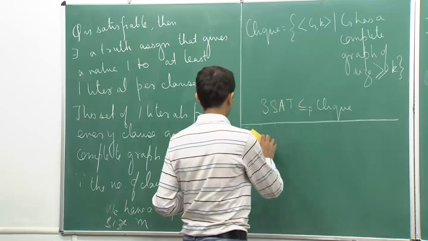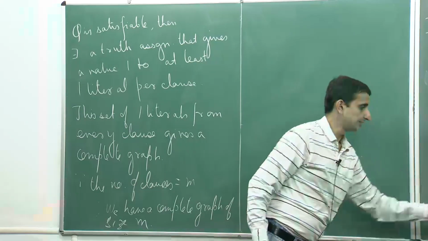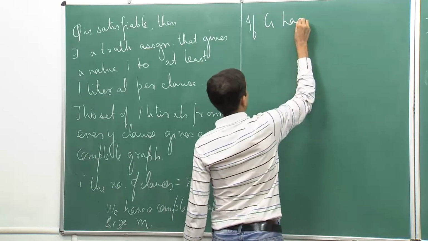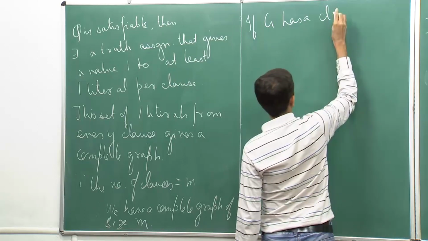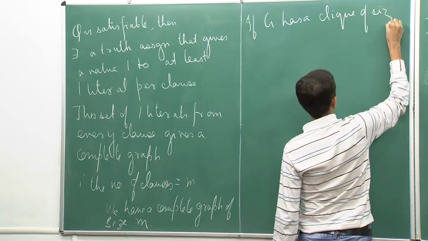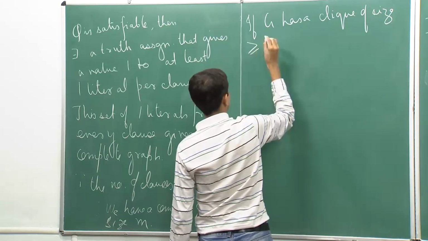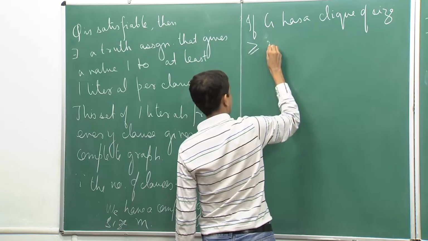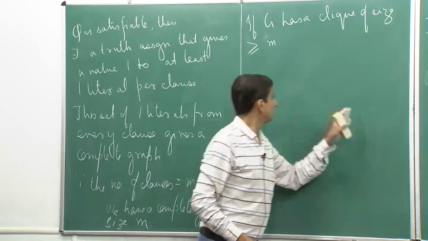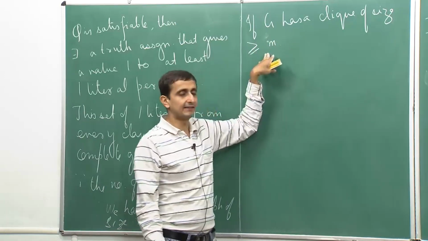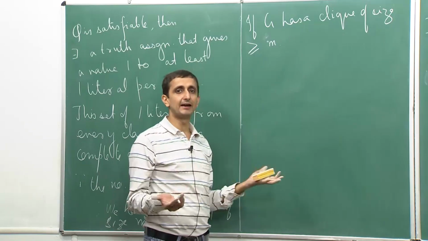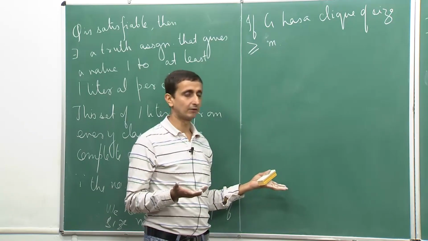Now, the other direction. So, let us look at the graph now. If G has a clique of size greater than or equal to m, m and k are the same basically, because that is how I define this. So, if my graph has a clique of size greater than m, first of all observe that it cannot have a clique of size strictly greater than m, for example, m plus 1, because